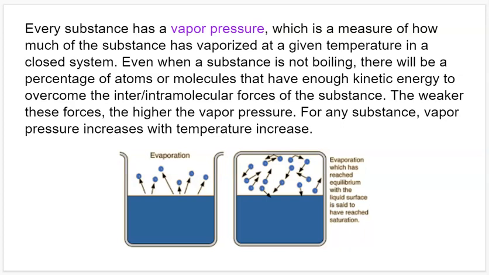Another property that is related to this is the vapor pressure of a substance. Even if something is not boiling and the molecules and atoms involved aren't being vaporized and turned into the gas form, there will be some molecules and atoms that are doing that anyway. The vapor pressure is usually defined as how much of a substance has vaporized at a given temperature in a closed system. So we can imagine we have some liquid here in this closed container, and we have enough